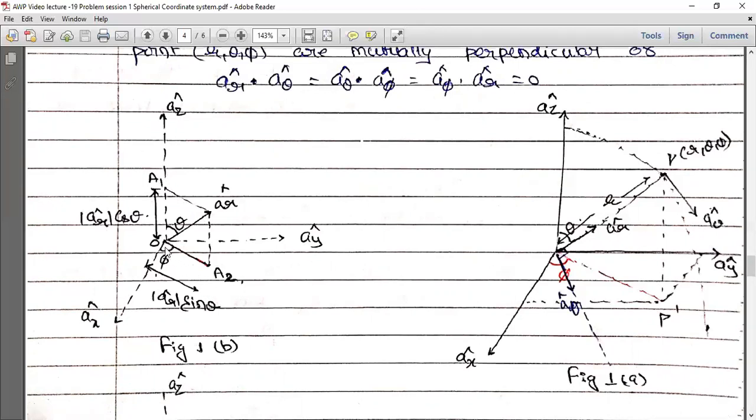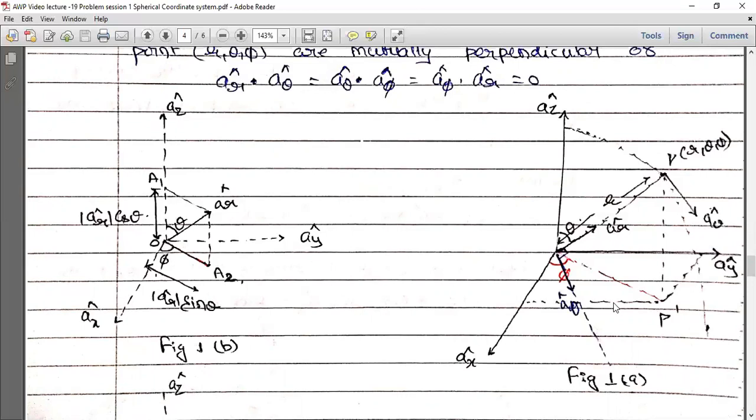So in this particular direction in which the component is OA2, this OA2 will be mod of AR cap into sin theta. You know very well that any vector can be resolved into two or three components. So in this particular case we are resolving it in just a plane, and correspondingly we are having two components, mod of AR cap cos theta and mod of AR cap sin theta. Since AR cap is a unit vector, mod of AR cap will be equal to 1, and we can just write cos theta and sin theta. But to make ourselves comfortable, we use this notation here. Okay.